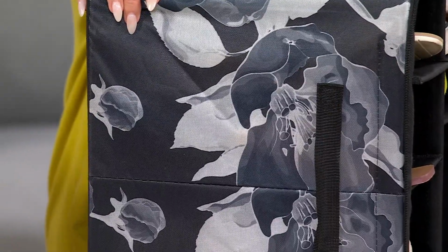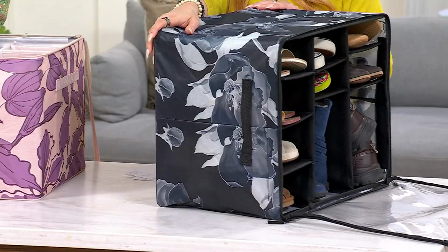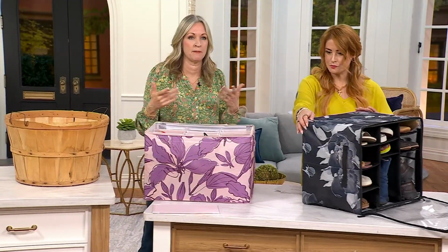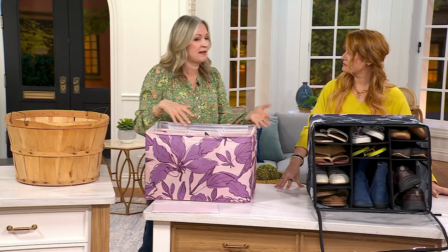Here's that black floral also, which I love, by the way. It's really pretty. Great for dorm rooms. Perfect for dorm rooms. Especially because my kids both had their beds lofted, so there's a lot of space underneath. And they're there for 2 seasons or 3 seasons if they're at a seasonal school. So then, it's nice